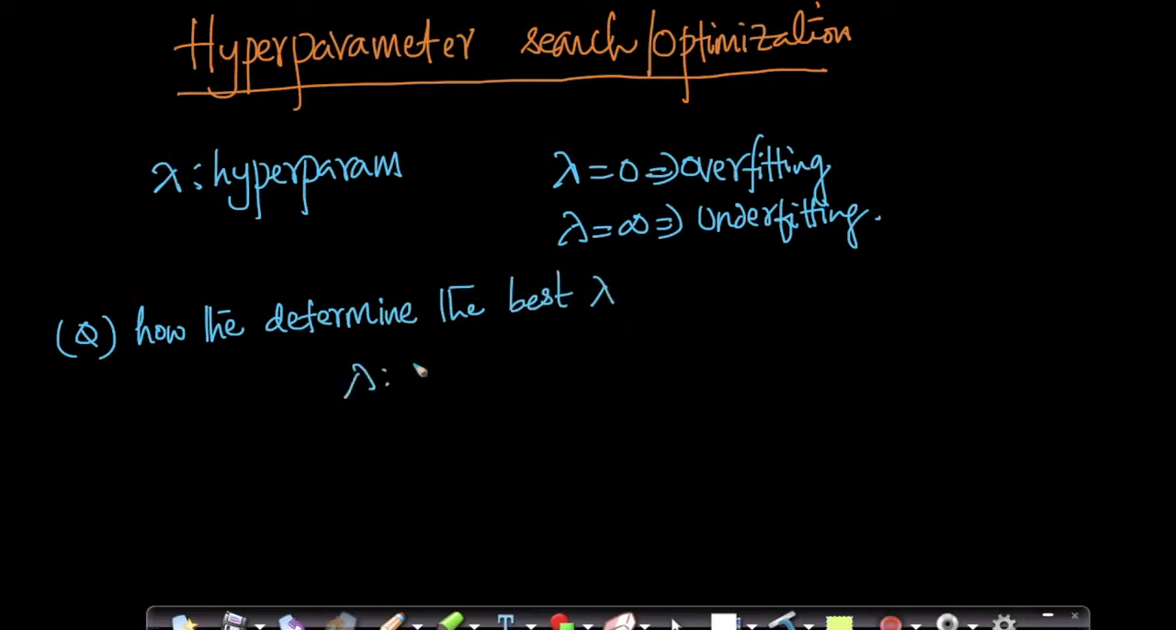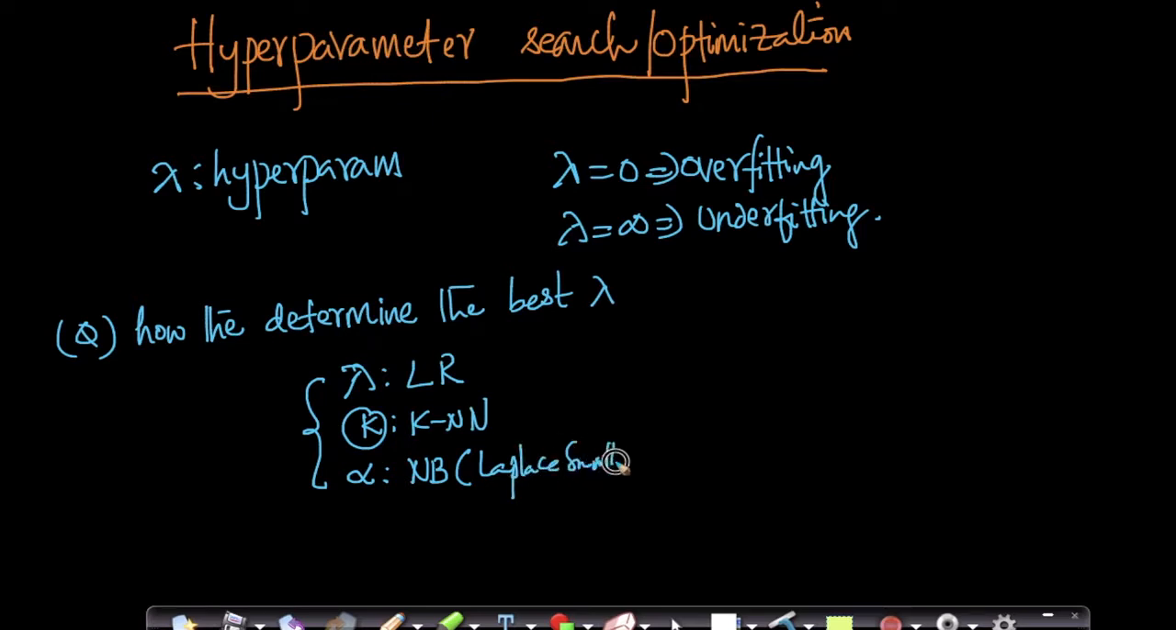So remember, lambda in logistic regression is the same as k in k-nearest neighbor, because k is also related to overfitting and underfitting. So k is a hyperparameter. All these are hyperparameters. Lambda is the hyperparameter in logistic regression, k is the hyperparameter in k-nearest neighbor, and alpha is a hyperparameter in naive Bayes, where alpha is basically related to Laplace smoothing, right? So now, how did we determine the right k and right alpha